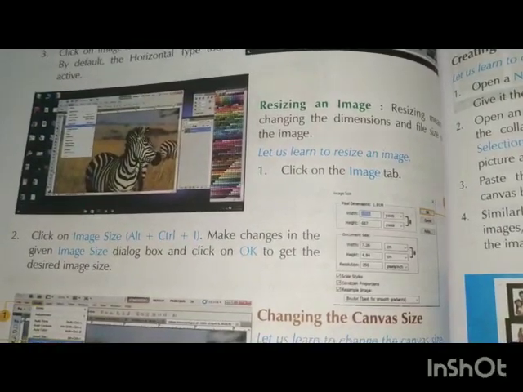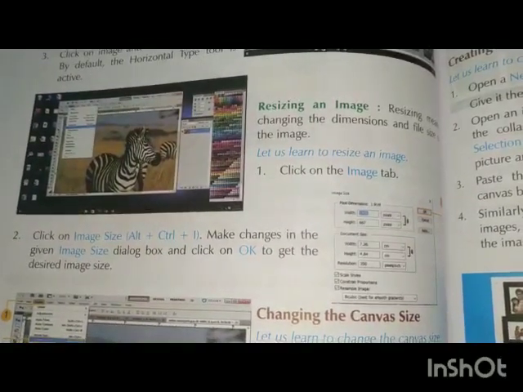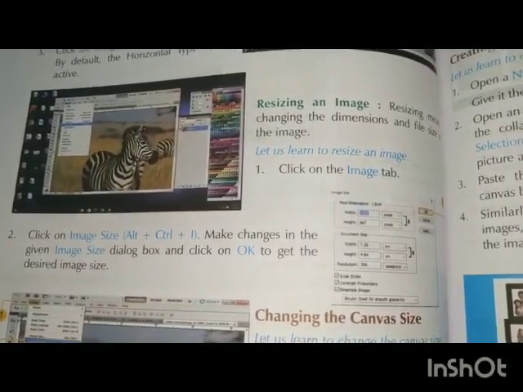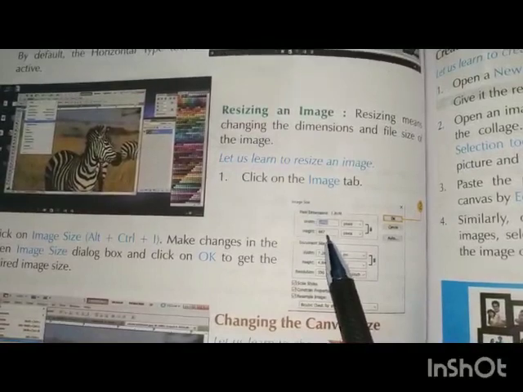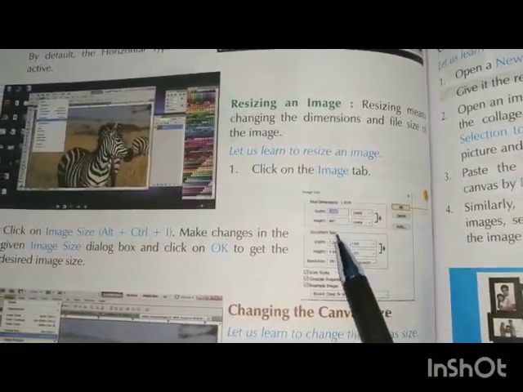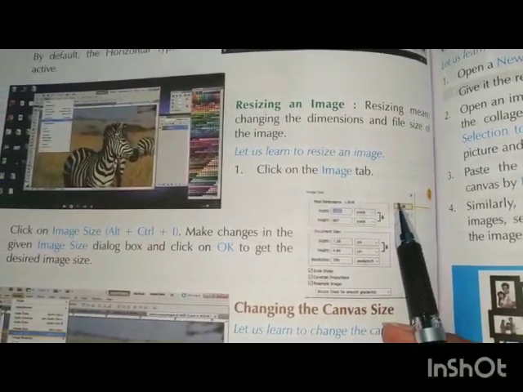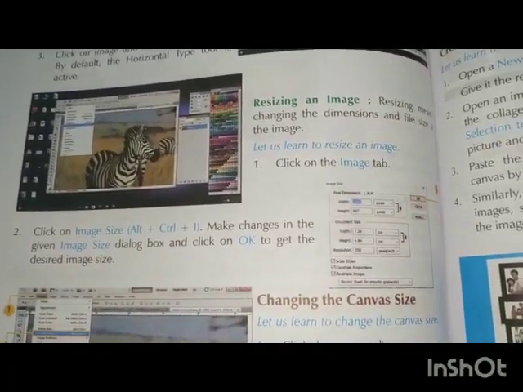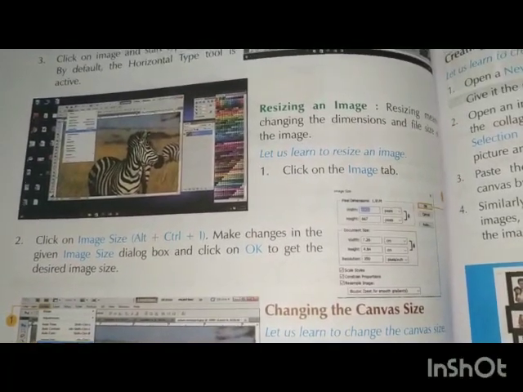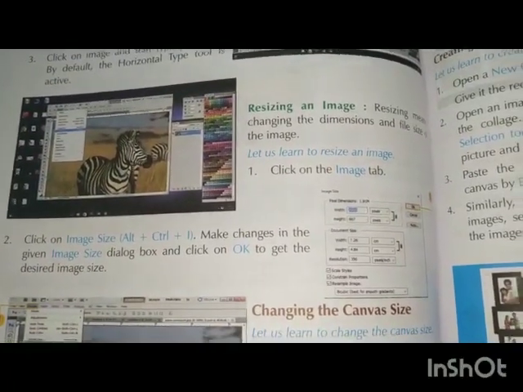आप लोगों को क्या करना है? सबसे पहले image tab पे click करना है. फिर आप लोगों को क्या करना है? इमेज साइज पे क्लिक करना है और आप लोगों को यहां से साइज सिलेक्ट करना है. द विड्थ, द हाइट ऑफ द इमेज. यू हैव टू सेट इट फ्रॉम हियर एंड देन प्रेस ओके. सो व्हाट विल हैपन? द साइज ऑफ द इमेज विल बी इंक्रीज्ड और डिक्रीज्ड अकॉर्डिंग टू योर प्रेफरेंसेस. इज इट क्लियर?